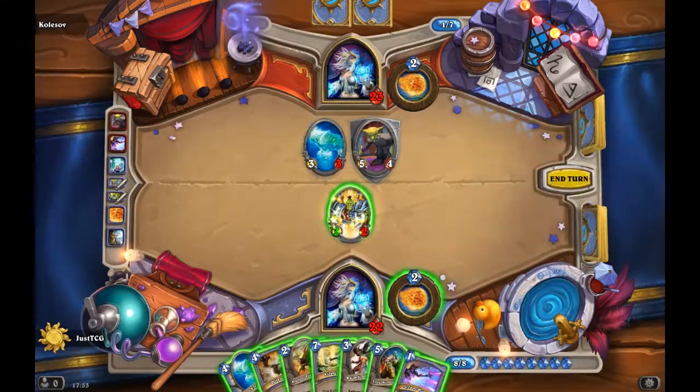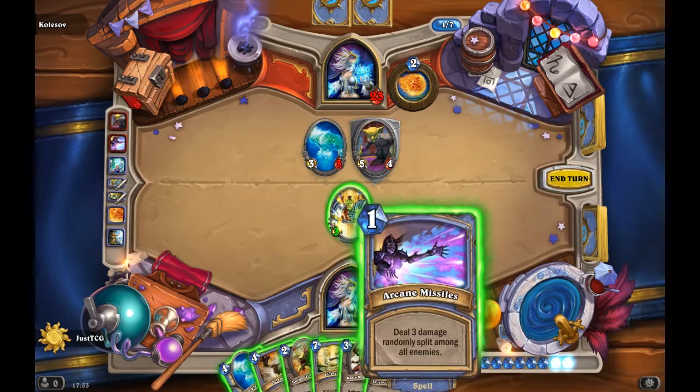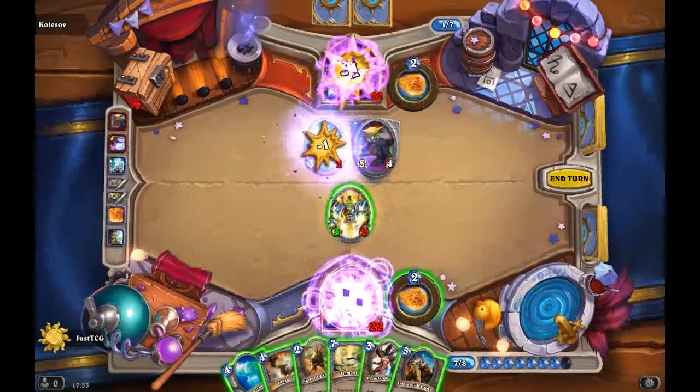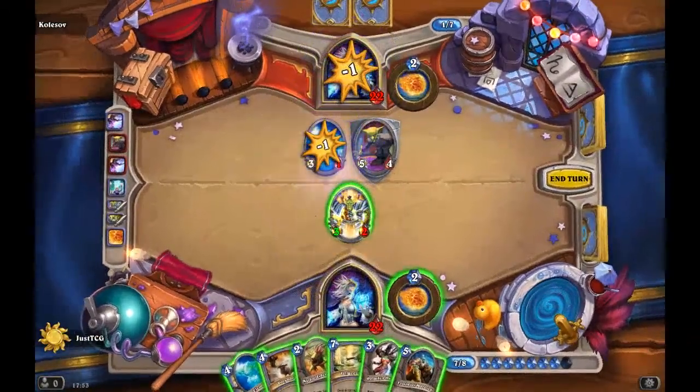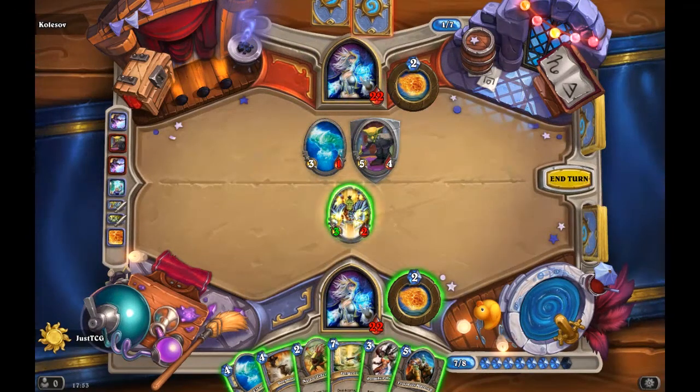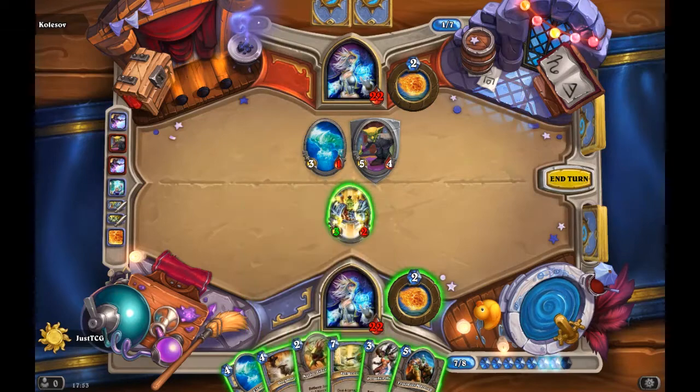So, the play might have changed a bit. The reason why I might change the play depends on the result of this Arcane Missiles. We'll see where it lands. Not great. So, what we're going to do is we're going to play the Murloc Tidehunter, and then we're going to play the Frostwolf Warlord, and then...